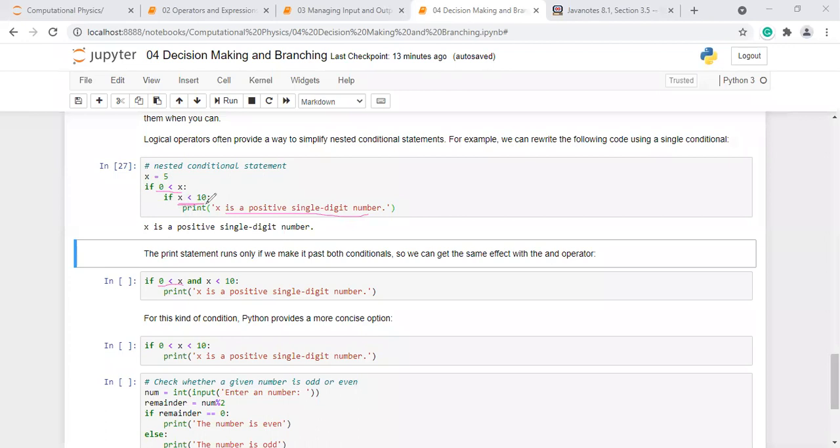The second condition is x less than 10. They are joined by the logical operator and. When both these conditions are true, only then this statement will be executed. If any one of them is false, this statement will not be executed.